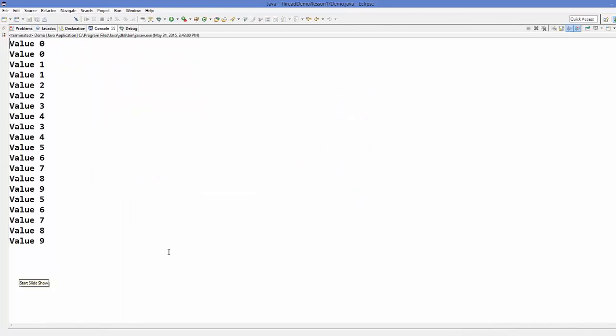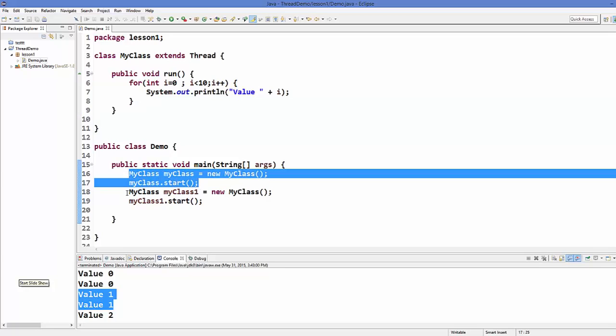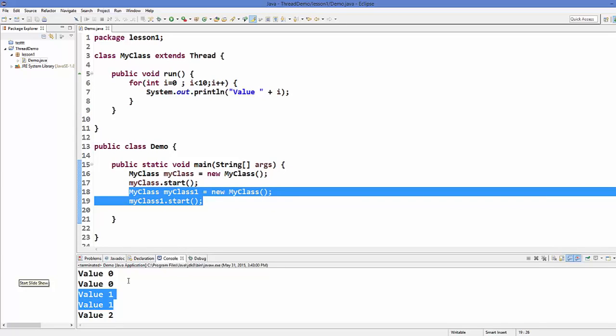And what it does is print value 0 two times, value 1 two times. Here you can see threads in effect, right? So what's going on? You have created the first thread and you have created the second thread. The first thread is called first, then the second thread is called, and then they are running concurrently to print